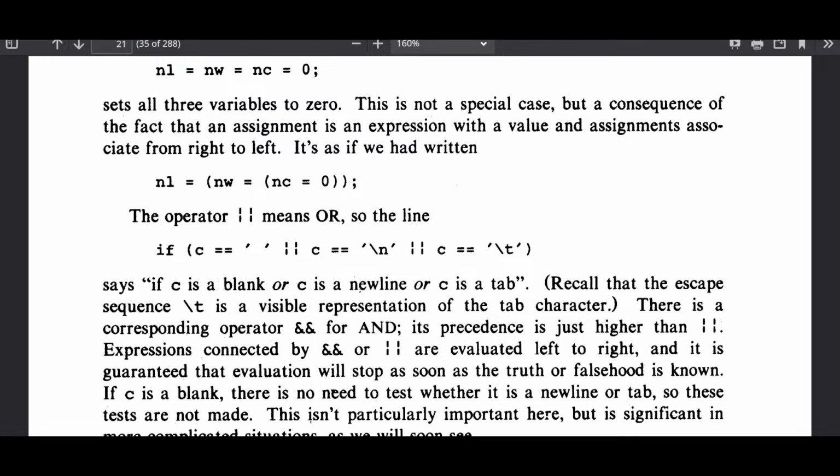Okay. You did the right thing. What's the right thing? Right, the operator || means OR. Okay, the line if c is equal to a blank or a newline or a tab says if c is a blank or a newline or a tab, call the escape